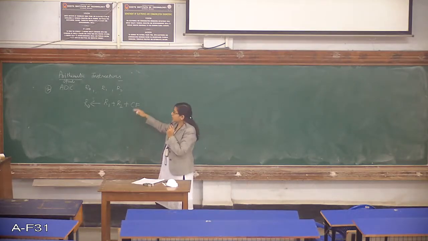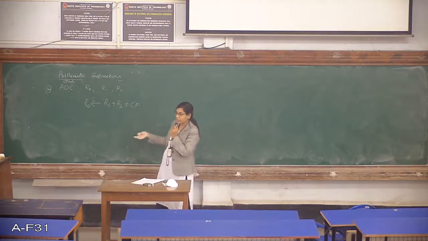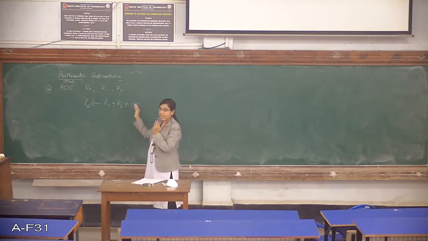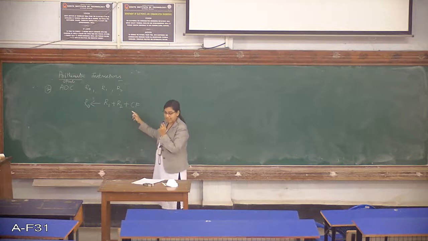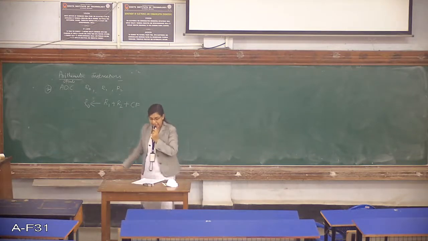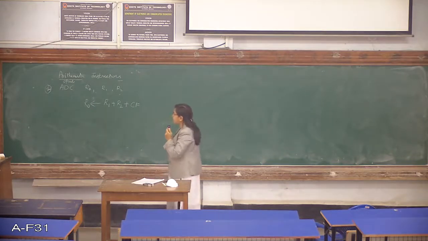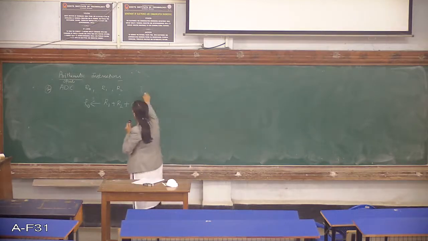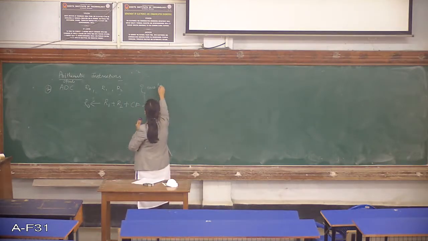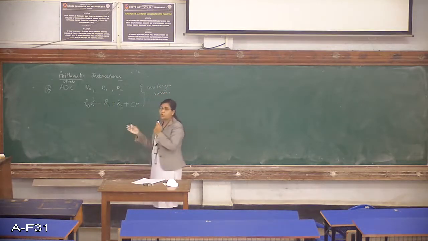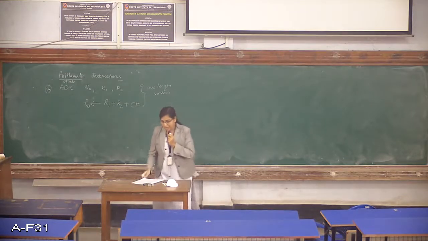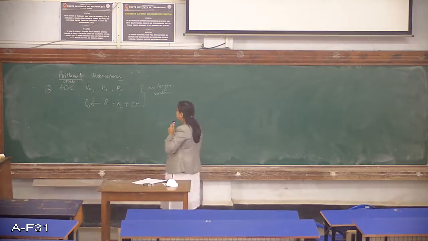So this is nothing but, when you do successive addition, you always need to go on adding the carry part. So you'll be adding the carry. So this is add with carry. Normally, add with carry, we use it for two large numbers. When you are adding two large numbers, we always go with add with carry because we need to take the carry forward.